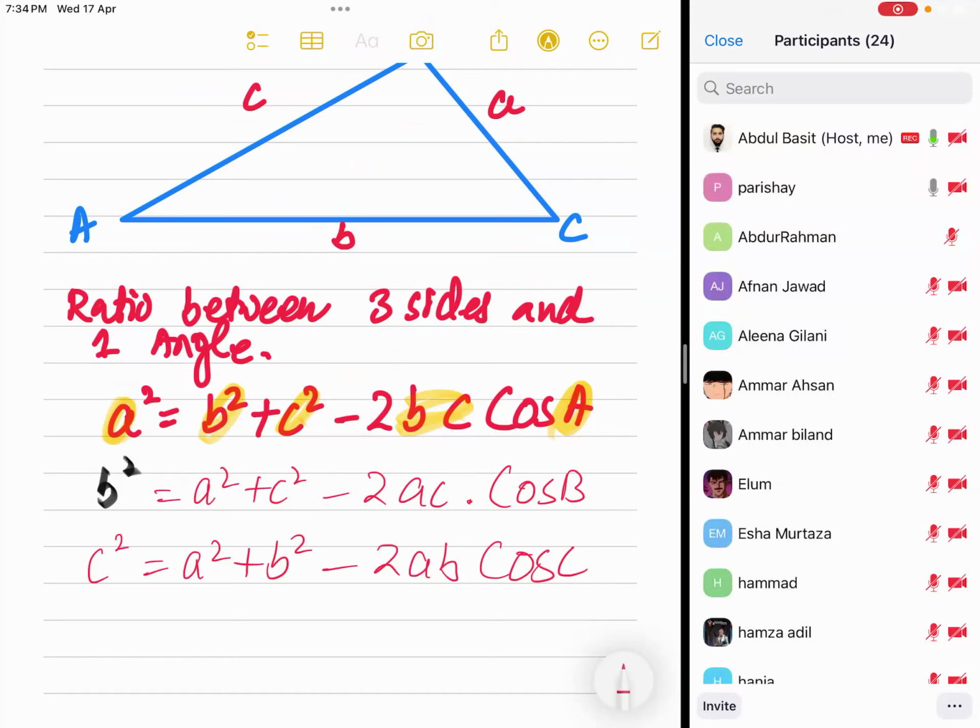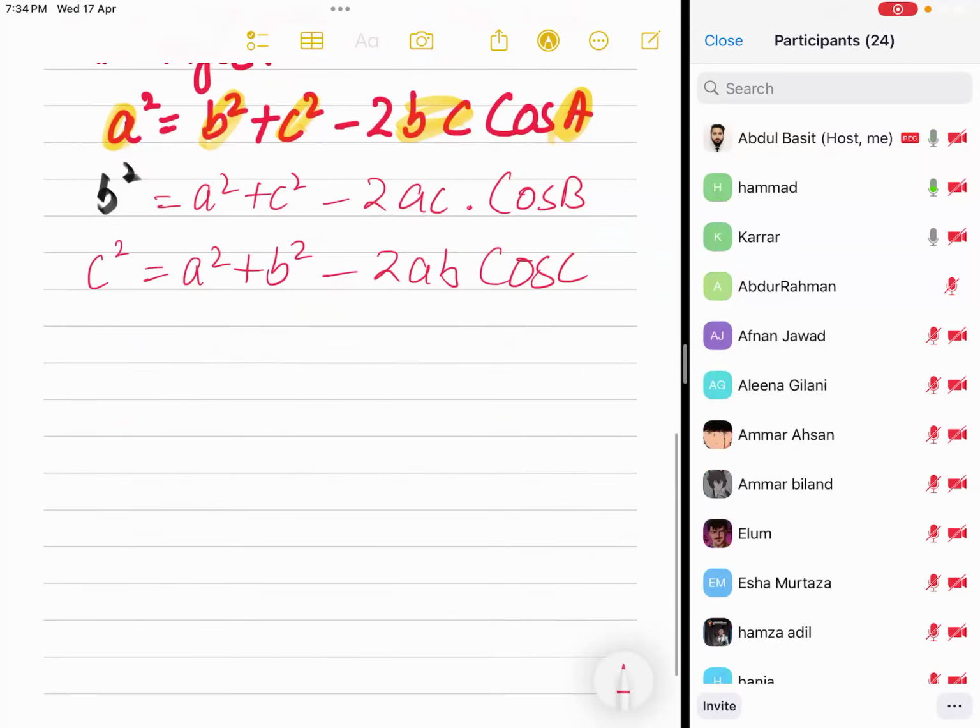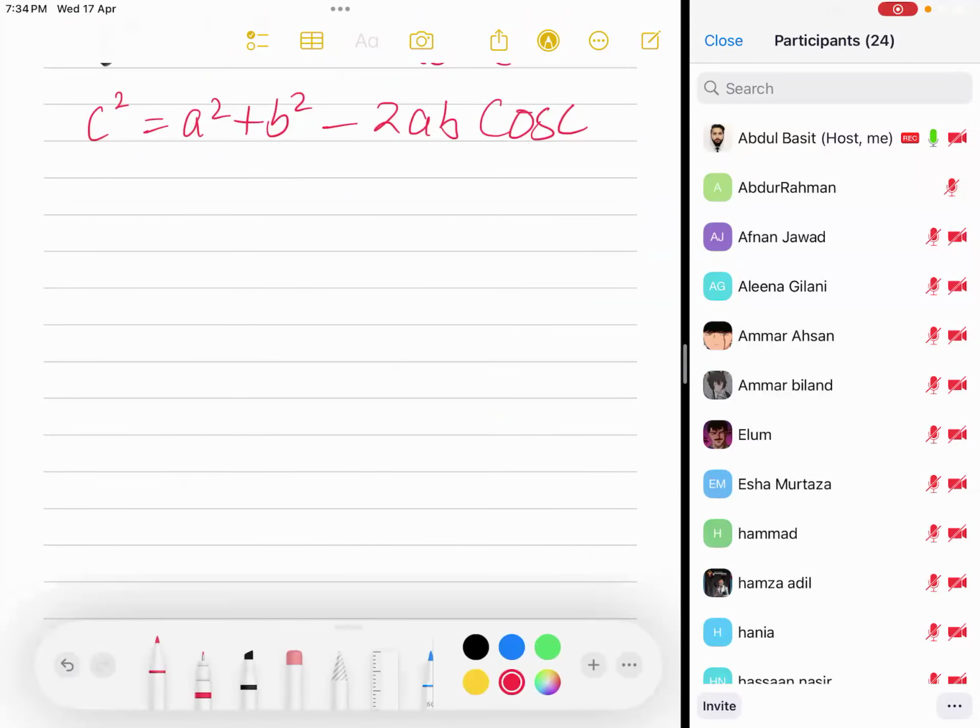Yes or no? Yes or no, बच्चा? Any problem so far? Any problem? नो सर जी, नो।